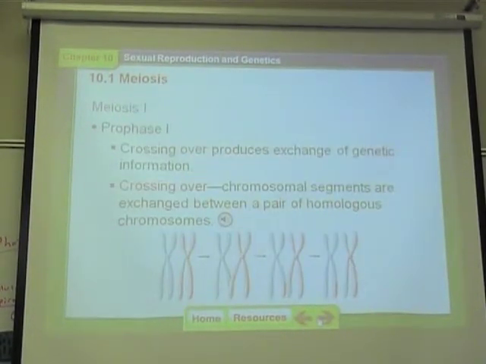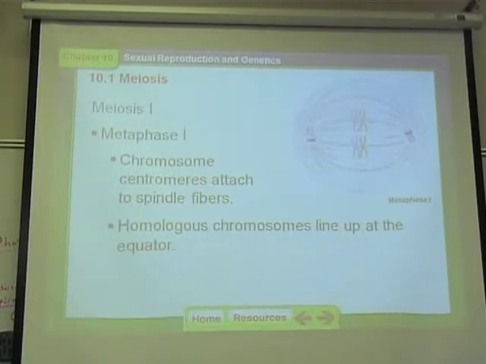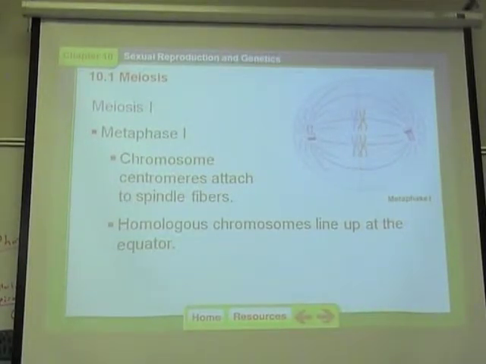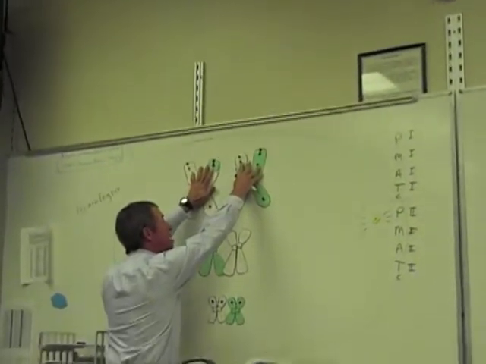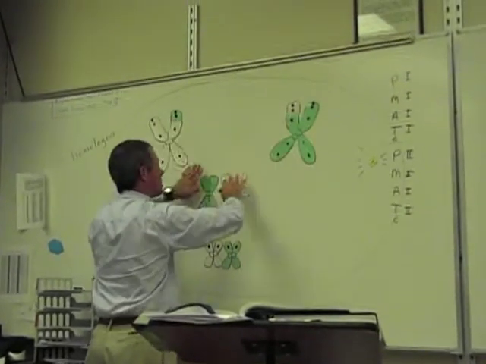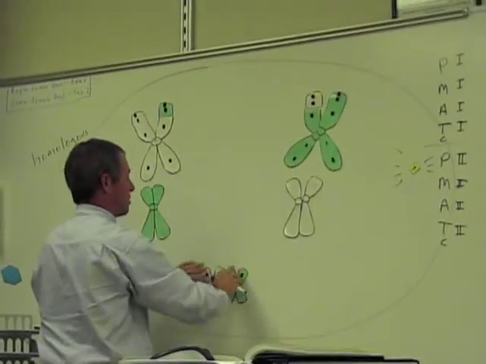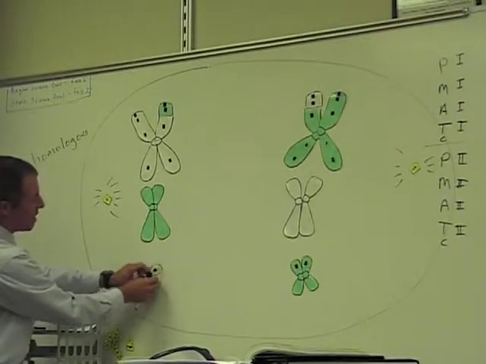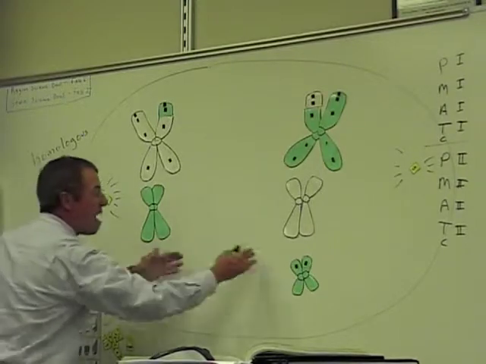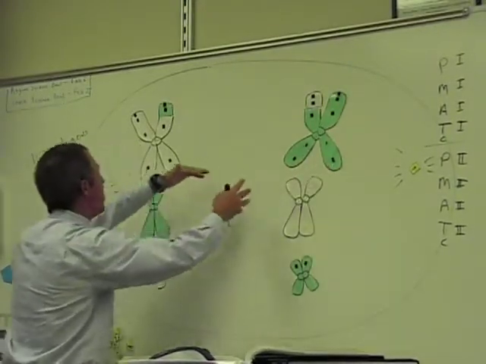No. Okay. Here's where it talks about crossing over. And then metaphase 1, they're lined up in the middle. And then anaphase 1, they separate. The chromosomes actually come apart and start moving to opposite sides like this. But notice they didn't split in the middle like they did in mitosis. The pair split up. So each half of the cell gets